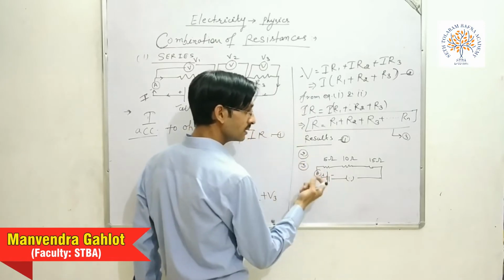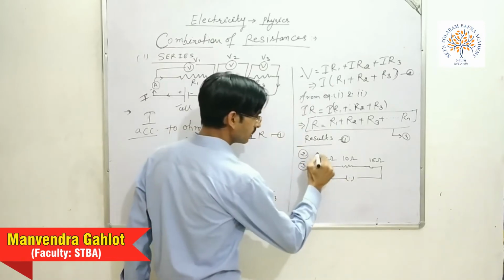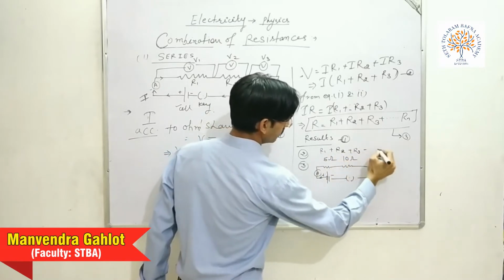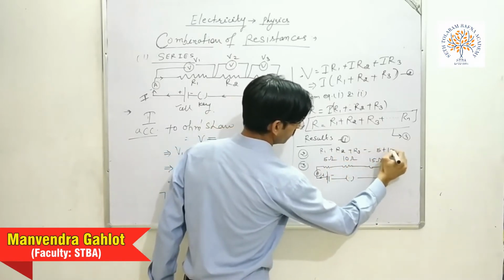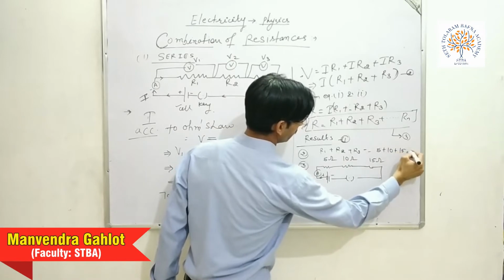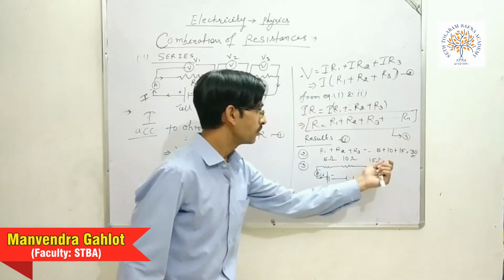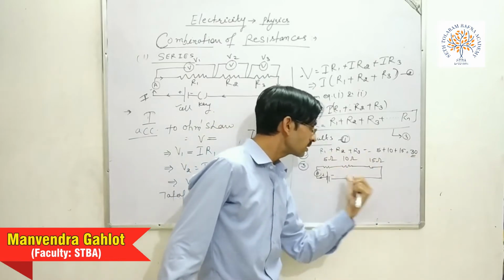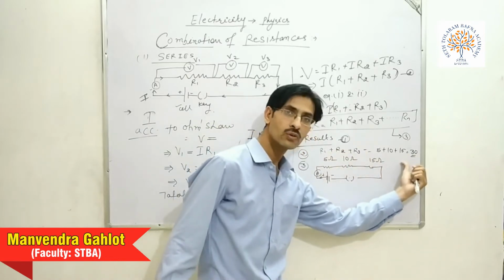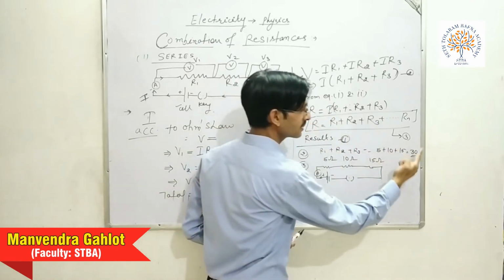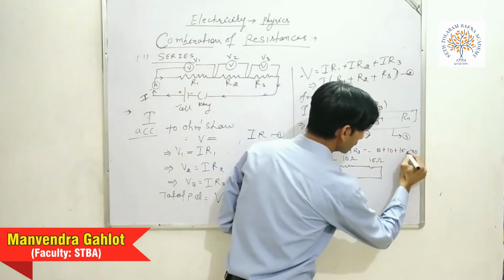Then what is the equivalent resistance value? R1 plus R2 plus R3. What is the answer? 5 plus 10 plus 15 equals to 30. That means the maximum resistance of this circuit is 15 ohm and the equivalent resistance is always greater